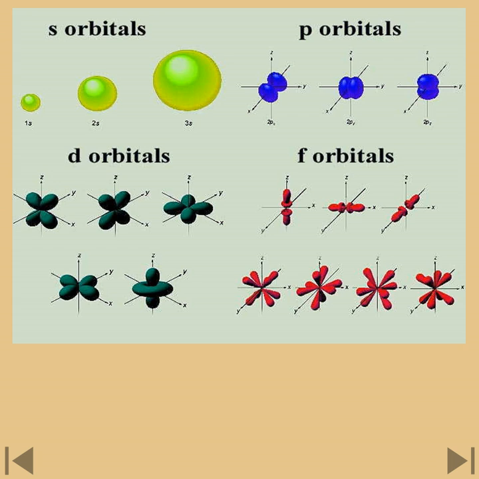And I would also point out again, how many s orbitals? 1 s orbital will be found in an s subshell. How many p orbitals? 3 p orbitals will be found in a p subshell. How many d orbitals in a d subshell? 5. And how many f orbitals in an f subshell? 7. Now let's break out our periodic table, and the periodic table has this shape that it does due to